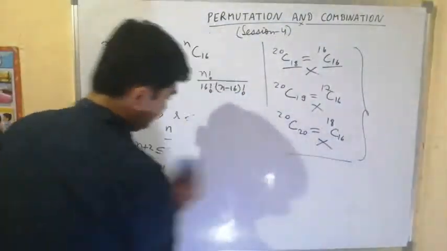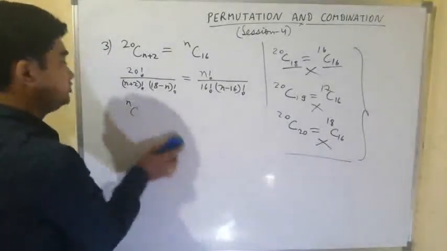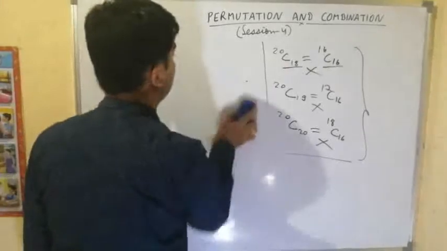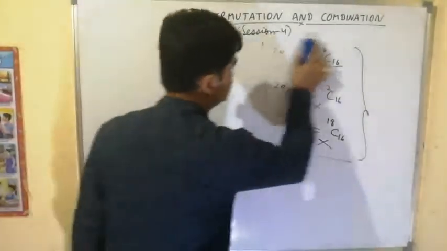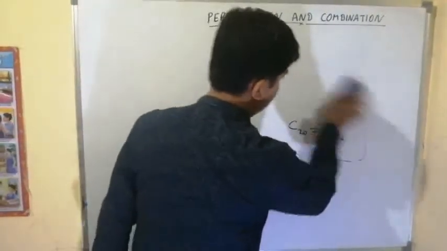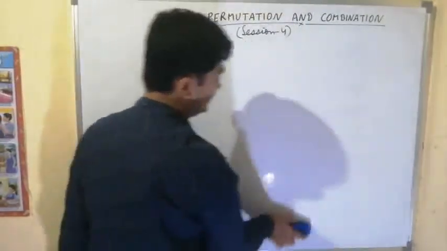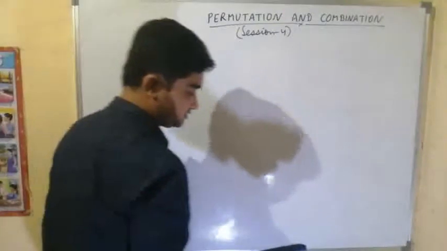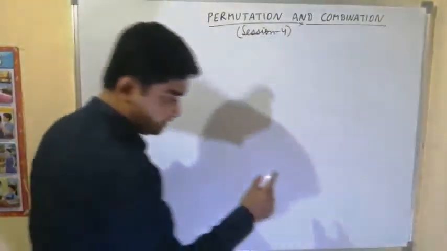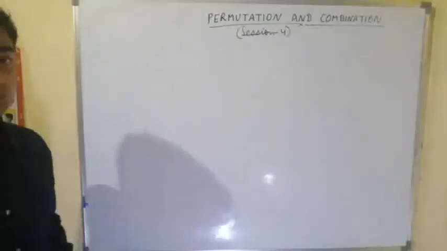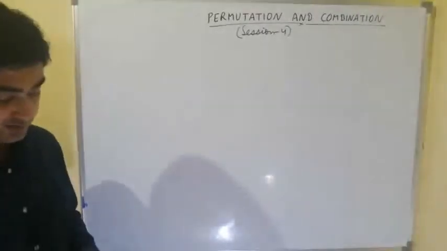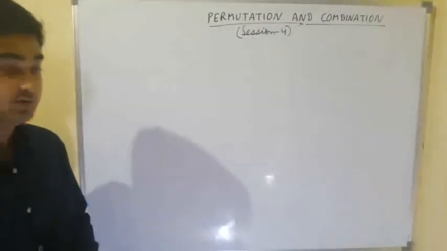So it was a very easy problem. Just we have to put the formula and solve. But since we are not able to solve by putting the formula, we have to look for other ways. What are those other ways? We know that in nCr, n is always greater than or equal to r, and n and r both are non-negative integers. That will restrict the number of possible feasible values of n, and then we can substitute the values and check whether it satisfies the given equation or not.